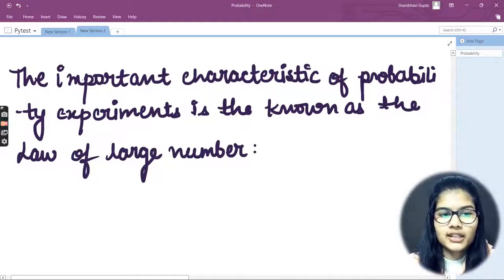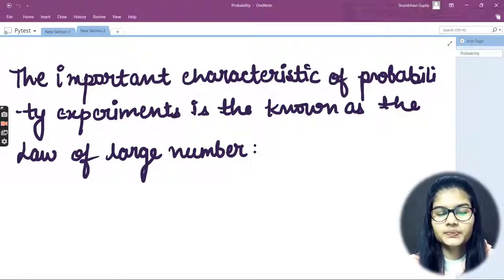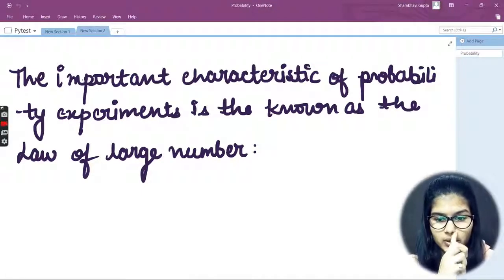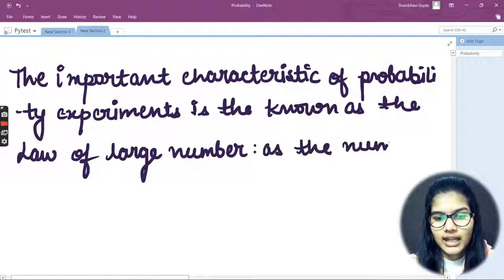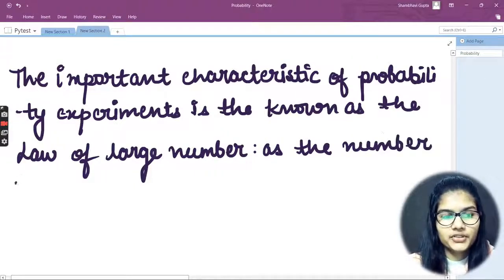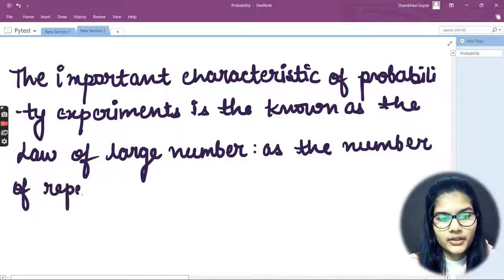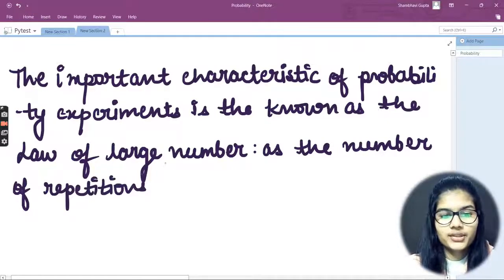But you have to understand that there are some important characteristics of probability experiments, okay? And that is known as the law of large numbers. This is a term which we use up here. Further, I'll take up what this law of large numbers is. Now, let's start: as the number of repetitions of an experiment is increased,